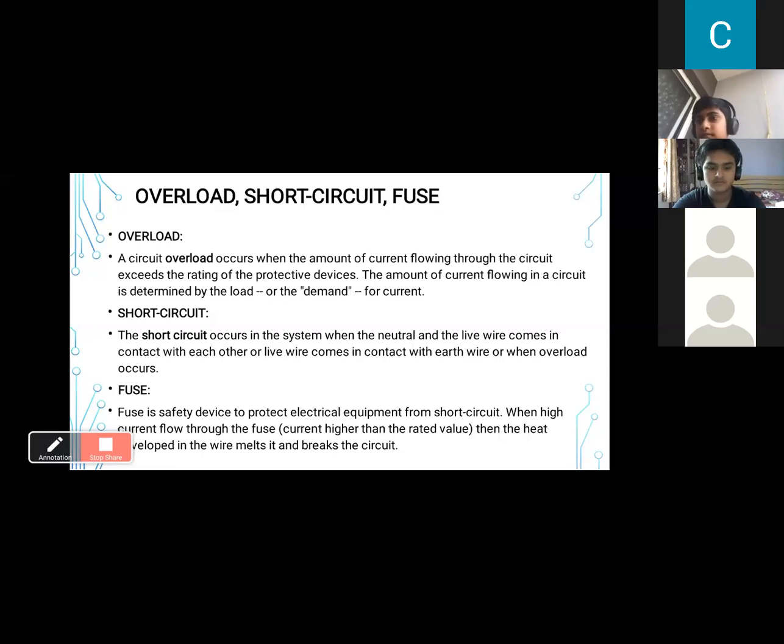So when the current is more than the rating, some amount of heat will be produced, and we want it to be melted at that point itself. So we keep it at a low melting point only. It's like an indicator that too much current is passing through. As you see, when the MCB is tripped off, that means overload has occurred. We have to just lift the MCB up again. Earlier a fuse was used, so in that case we had to replace the fuse again and again.